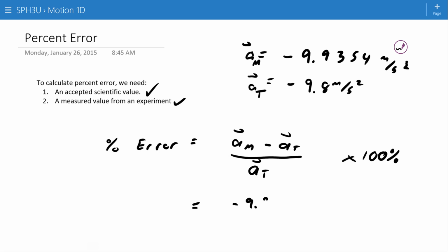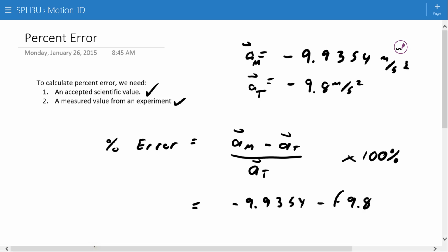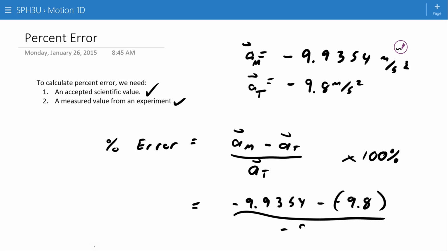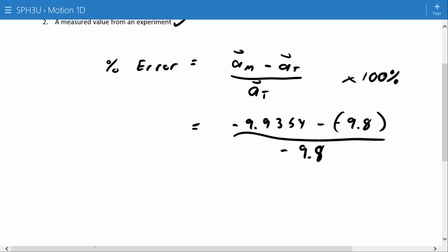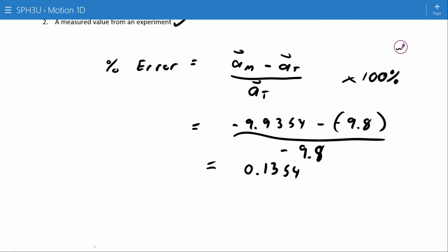So I got negative 9.9354 minus negative 9.8, divided by negative 9.8, and I'm going to get a value of 0.1354 on the top, that's still a negative, and negative 9.8 on the bottom, and so